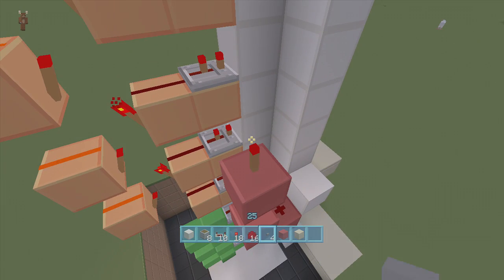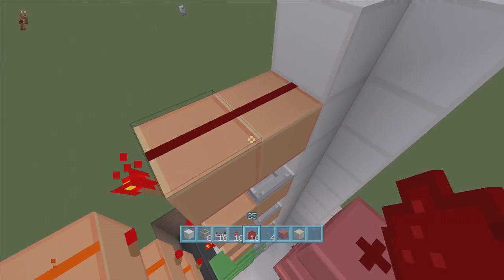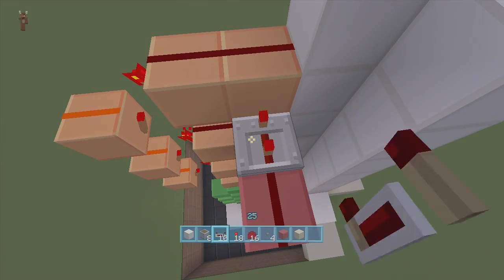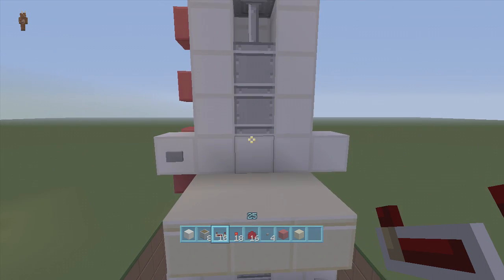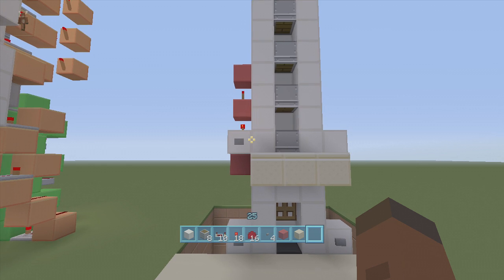Torch on top of the block. Block on top of the torch. Then we're going to put redstone dust here. Put a block going towards this block right here with a repeater coming out of the dust. Set it to 4 ticks delay. And that should be our down function for the top. So click this button and it goes all the way down. Beautiful. All right, guys. So now that we got our up function and down function for here,